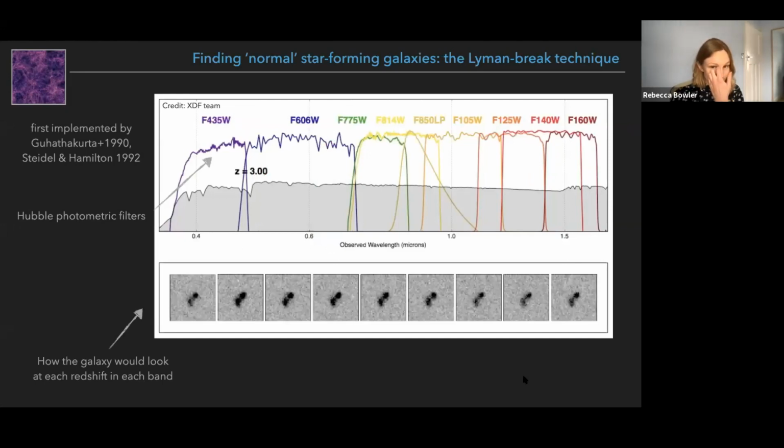So this is a little movie which demonstrates how we actually find these high redshift Lyman-break galaxies, and I'm going to show it a few times so you can get a feel for what's going on here. Essentially, the grey part here is the simulated spectrum of a high redshift galaxy, and the redshift is shown here, and this will increase through the video. And the coloured lines here are the different filter curves of the Hubble Space Telescope. And then finally, along the bottom shows you what you would see in each of these filters at a given redshift. So at redshift 3, you can see this object in all the different filters.